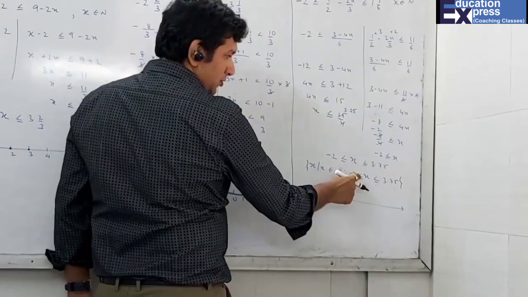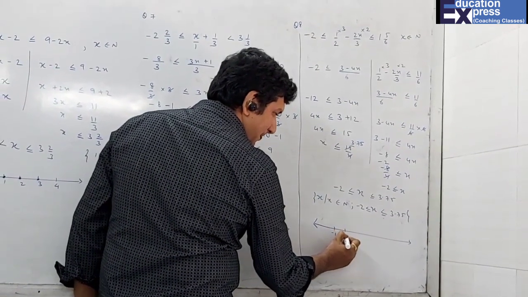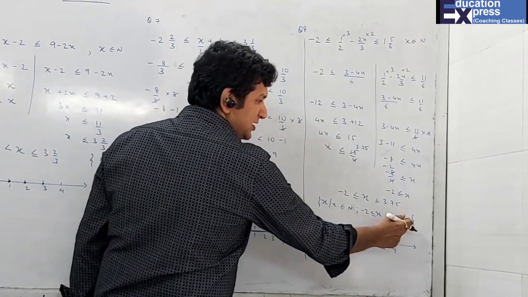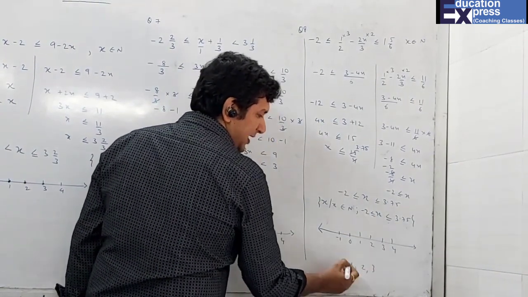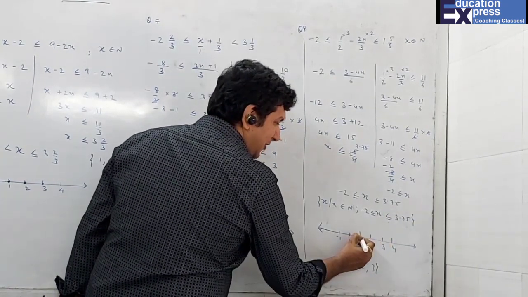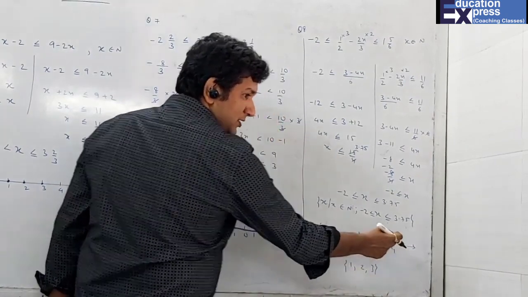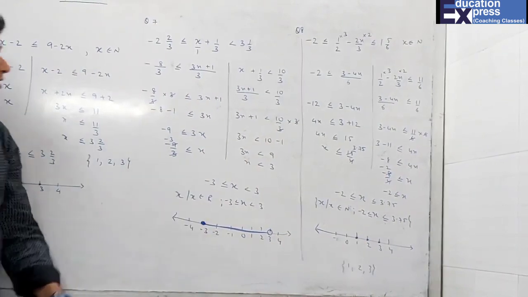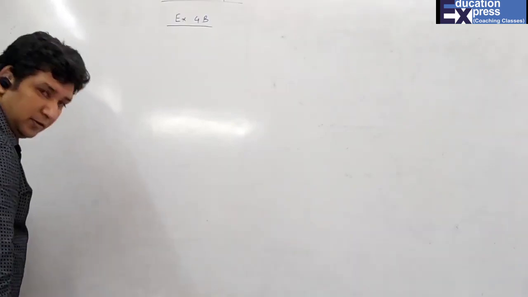So now, obviously natural numbers start with 1. In case I want to make a list of these natural numbers, then we want 1, 2, 3. That's all. Reason? Because it's only 3.75. So for natural numbers, what I've told you, students, just mark on the numbers, not in between, like a real number line. So this is the thing for natural numbers. Till question number 8 we have done. Question 10.